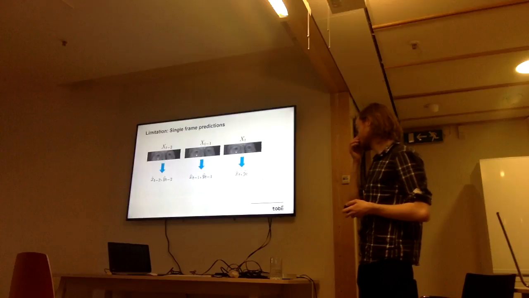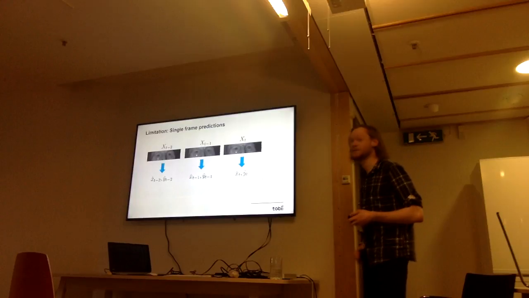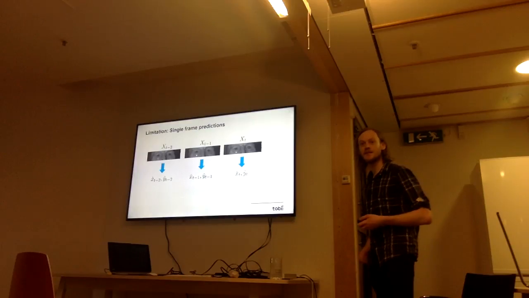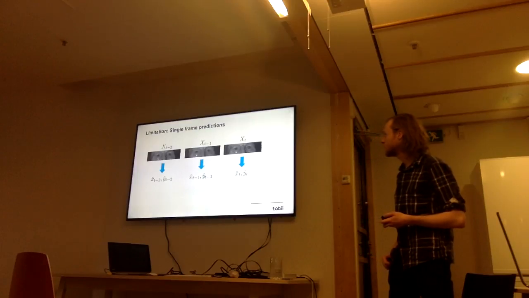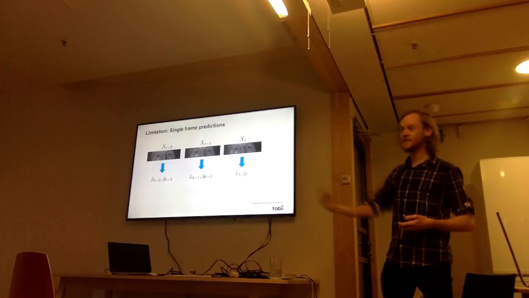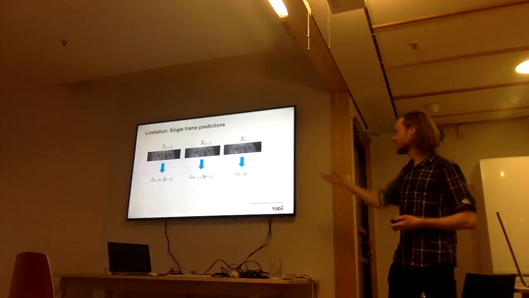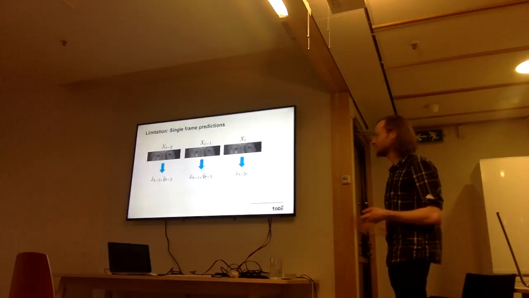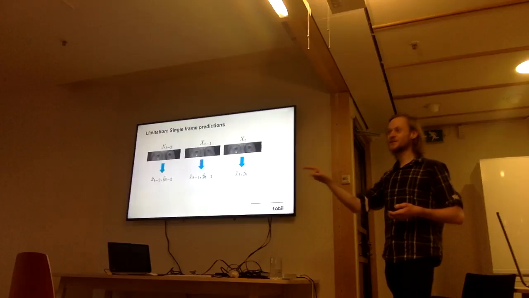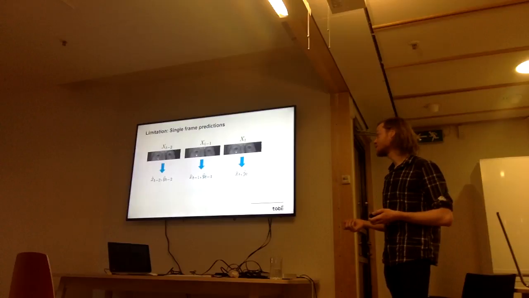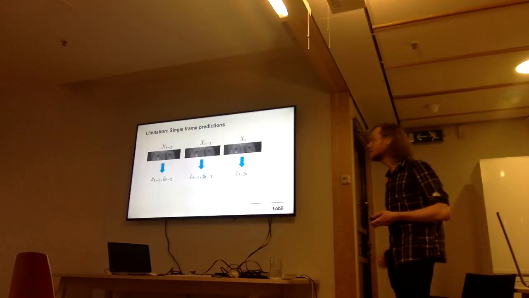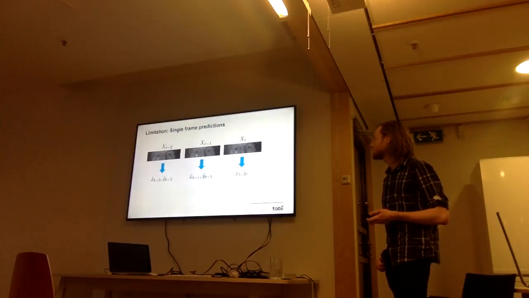But yeah, the limitation with this kind of model is what we brought up in the beginning of the thesis. It's kind of what you mentioned in the last presentation, that the network takes only one frame at a time. But actually, there's a lot of temporal information in the data. Right? Say you're looking at a button on the screen, for example, in one frame, and it's pretty likely that you will be looking at a similar location in the next frame. So we would like to find a way to